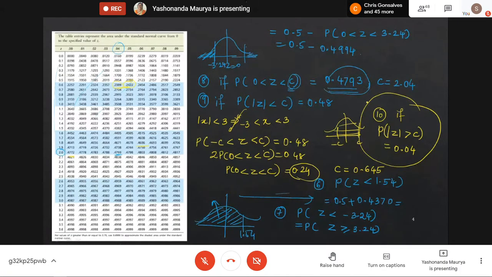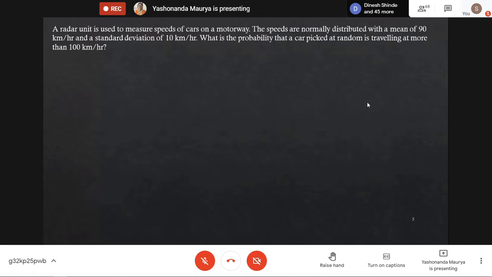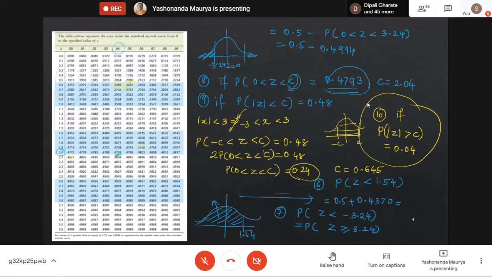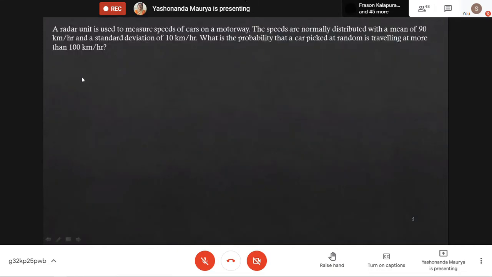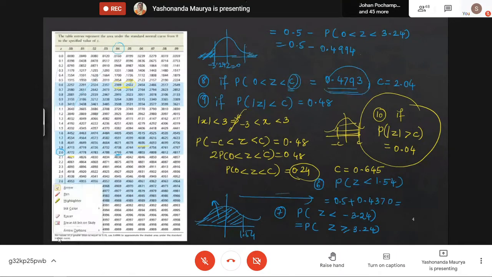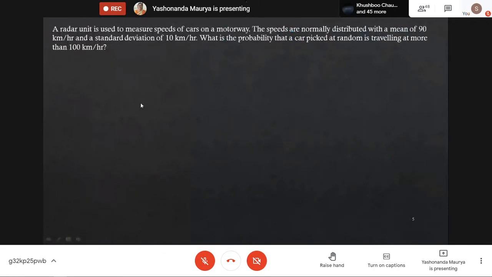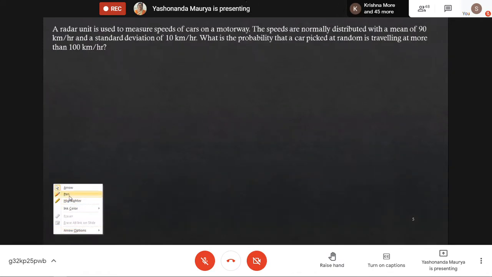Now, having done so many things regarding this standard Z transform or standard normal curve, let's talk about normal curves which are not standard. For that, we don't have any table. So for those types of normal curves, normal distributions, suppose we are denoting them by x.